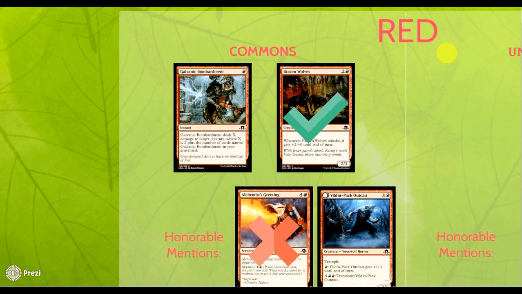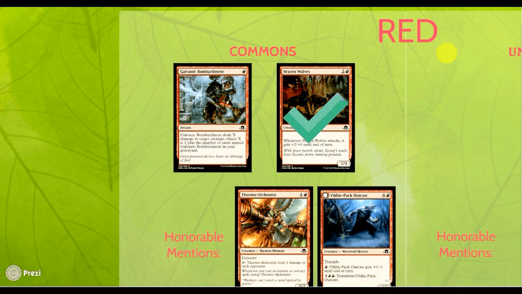Alchemist Greeting is a good card, but it's really only at its peak if you can Madness it. If you are playing a deck that can't take advantage of Madness or you don't have the enablers, it gets a lot worse, and for that reason I'm replacing it with Thermo Alchemist, a card that wasn't even on my radar when I originally made the list. Thermo Alchemist just does so much damage throughout the course of a game, and again, red-blue is such a strong archetype in this format that Thermo Alchemist just goes nuts in those sorts of decks